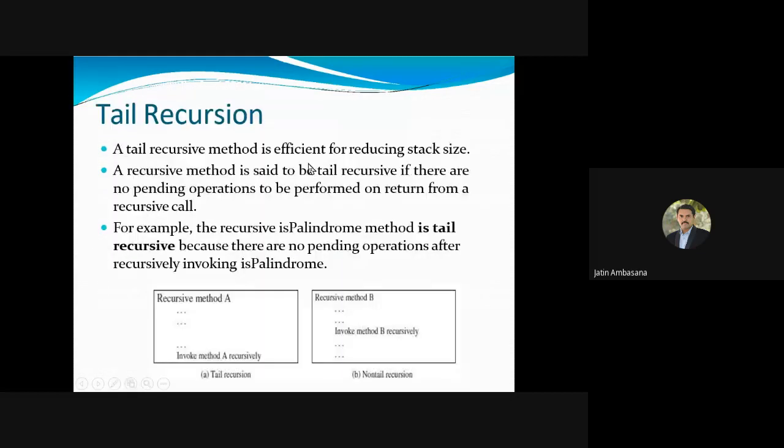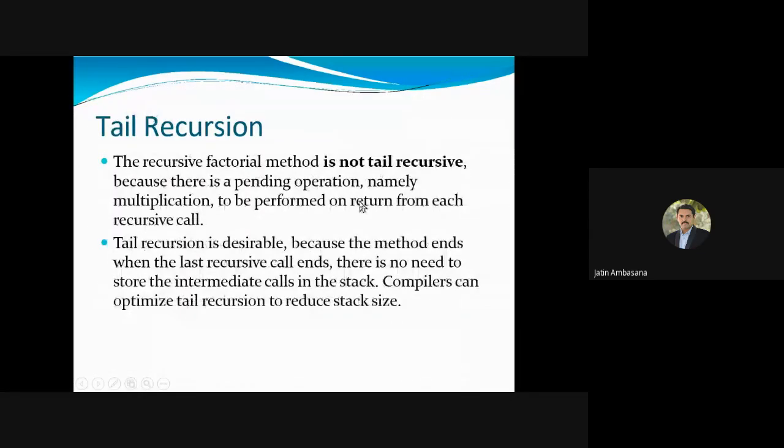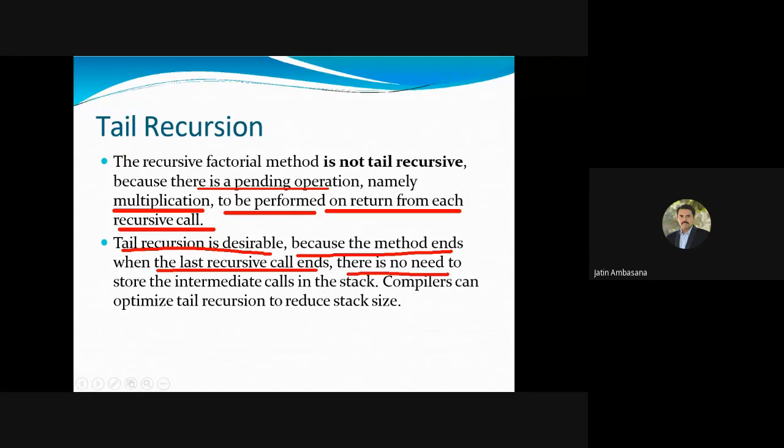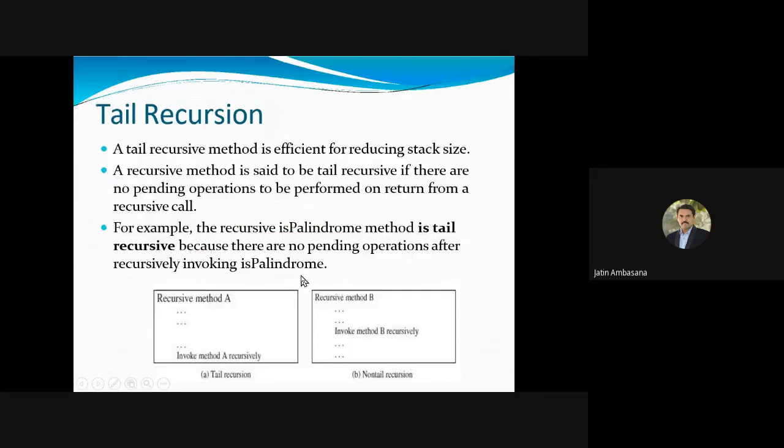So this recursive factorial method is not tail recursive because there is a pending operation. Which operation? The multiplication operation to be performed on return from each recursive call. Okay. So tail recursion is desirable because the method ends when the last recursive call ends. So there is no need to store the intermediate calls in the stack. Compilers can optimize tail recursion to reduce stack size. That is why tail recursion is good.